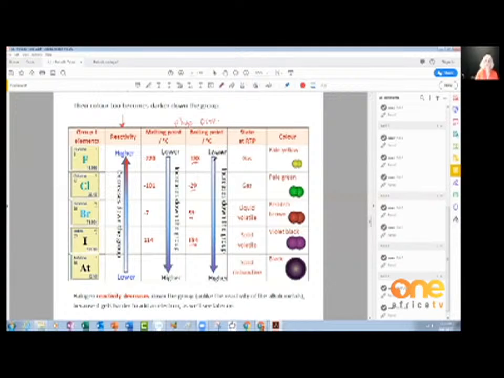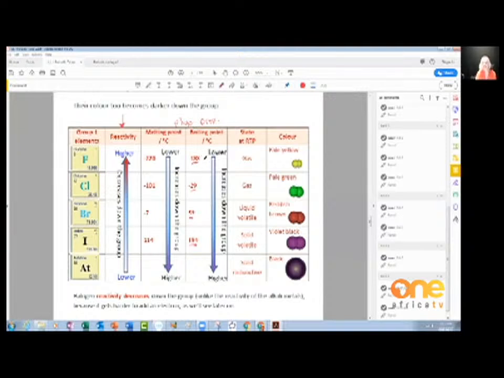All right. So again, we see that the boiling points increase as we go down the group. It's easier, in other words, to reach... Forget about that. Now, already we spoke that